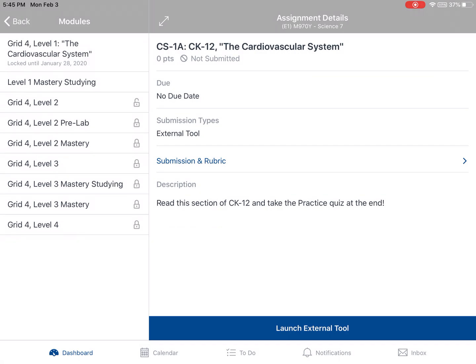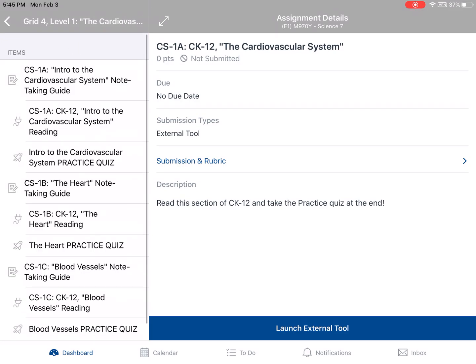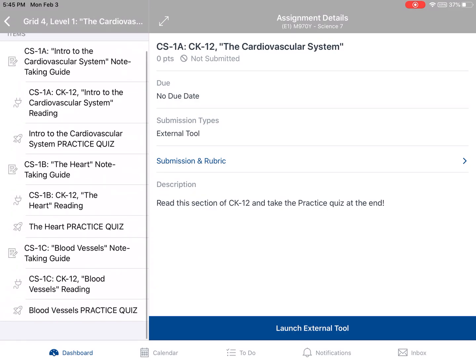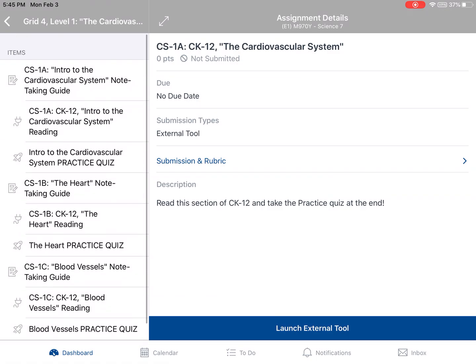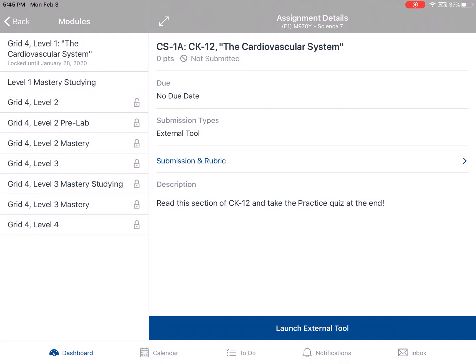And you'll see here, all these modules are basically all the levels of the grid that we're going to do. This is a virtual grid. And if we tap the first one, level 1, then everything on this list here is all the lessons and activities that you would be doing in level 1. And if I go back, I just want to show you, I did separate the studying